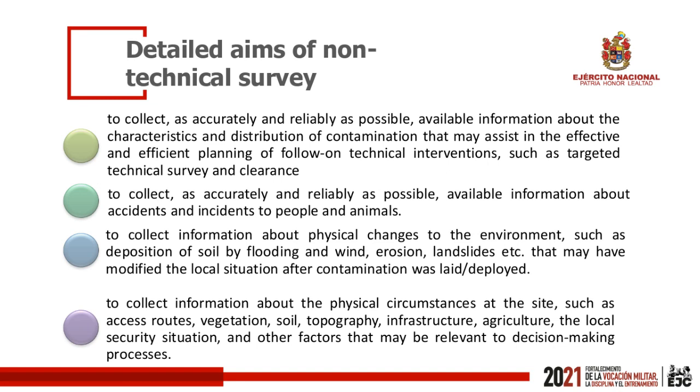And the last one is to collect all the information about the physical circumstances at the site. It's necessary to know the site when we are going to develop this activity or task of non-technical survey. For example, the access routes, the vegetation, the soil, the topography, the infrastructure, the agriculture, and the local security situation. It is very important to take this point into account, because